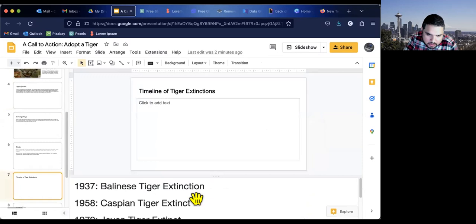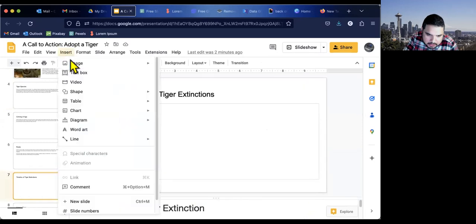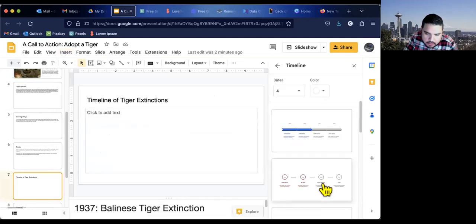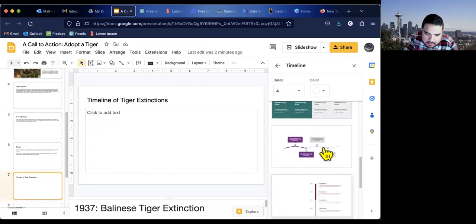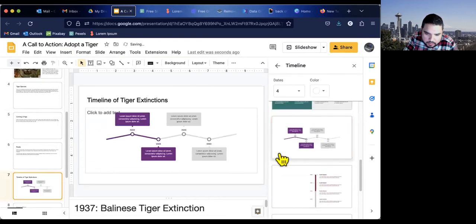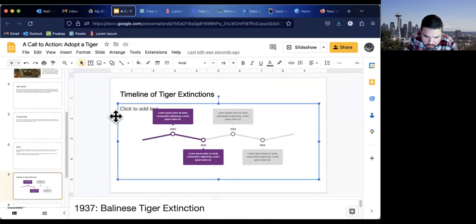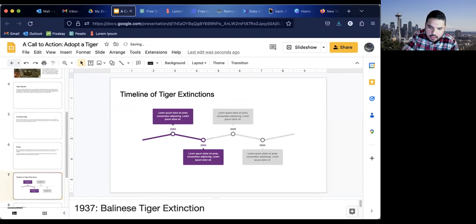And what I'm going to do is create a timeline, insert diagram, timeline. And I could just choose the different formats. I'm going to choose this one here. And you could change the information.